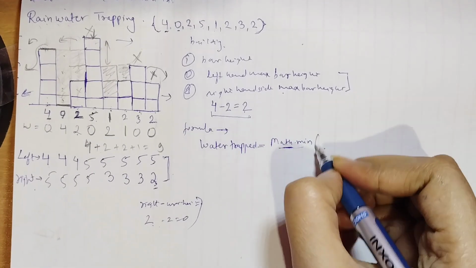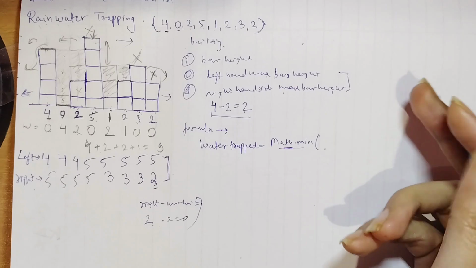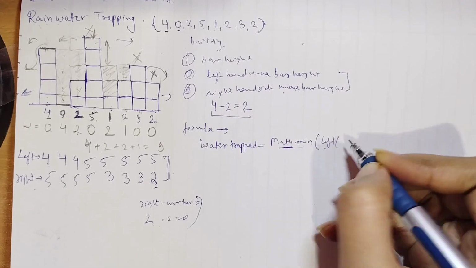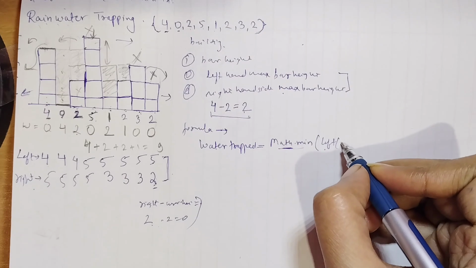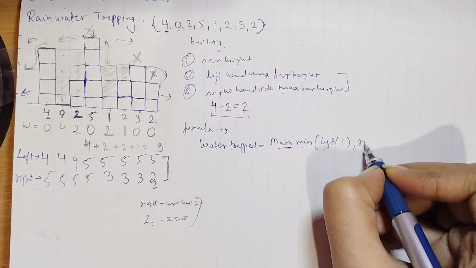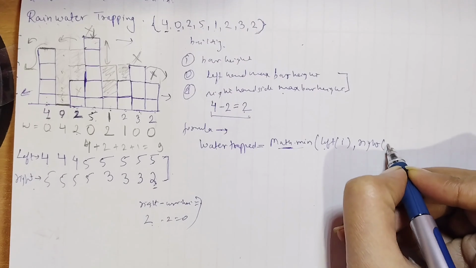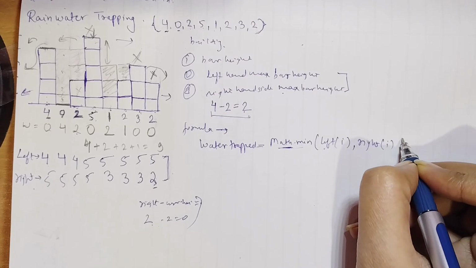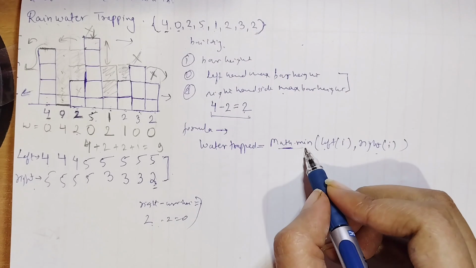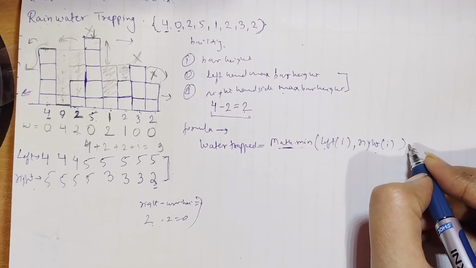We have to give two values so that it can compare. First will be our left value, that is left[i], and next will be the right value, right[i]. Okay, so it will compare both, and whichever has the minimum value, it will take that value,